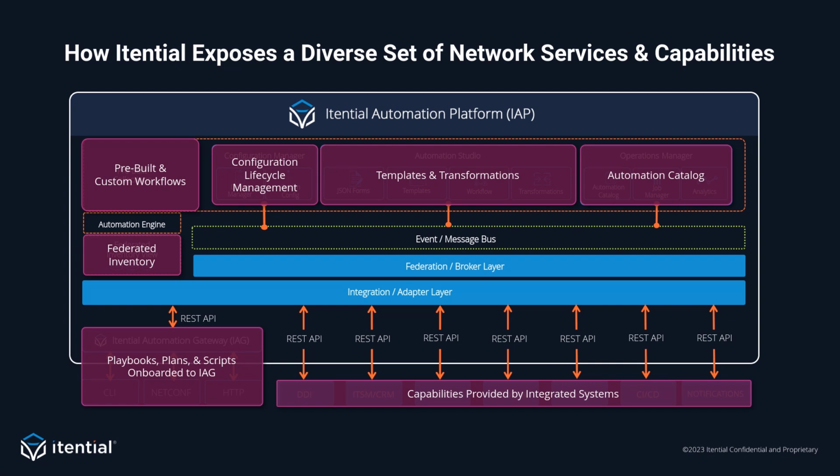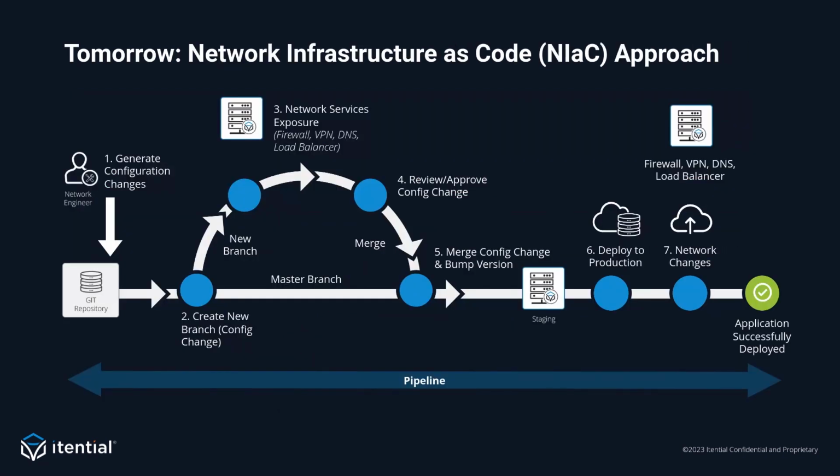Through the Itential Automation Gateway, IAG, we can also expose access to any playbooks, any Terraform plans, any Python scripts that are onboarded to IAG, as well as all of those systems that we're connected to. So any systems that we're communicating with through APIs, through CLI, through NetConf, all of those capabilities become this huge library of assets that can be exposed to the pipeline for consumption as network services. So if we go back to the previous model where initially the pipeline would run and then